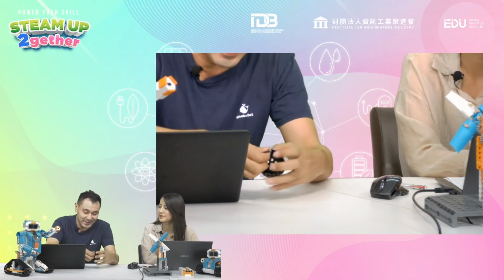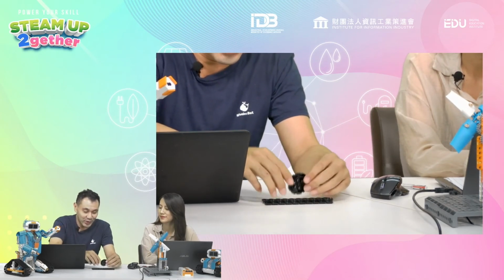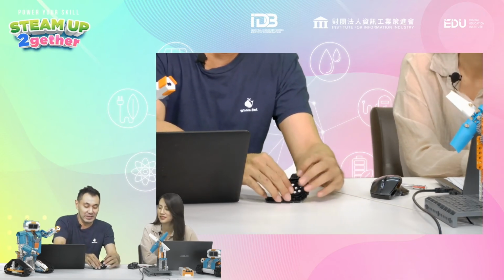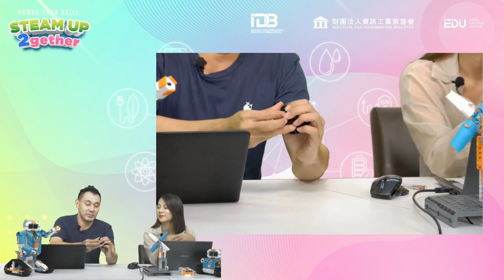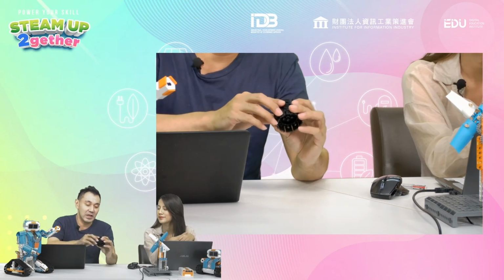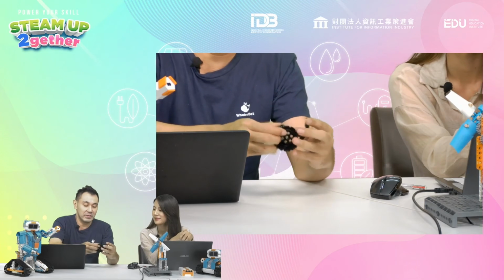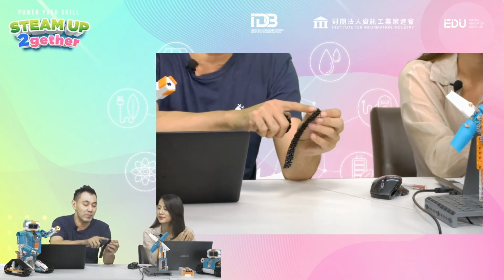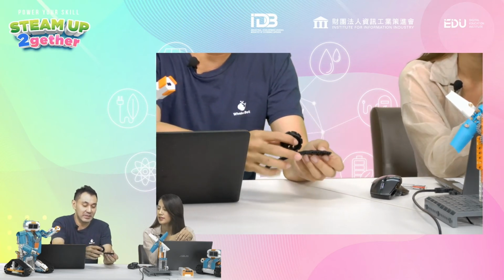So has anyone come up with an application of the chain wheel? I also noticed that it's very interesting that Dr. Ye showed this. Actually, I have a question for you. Knowing that each piece of the caterpillar is 1.5 centimeters,